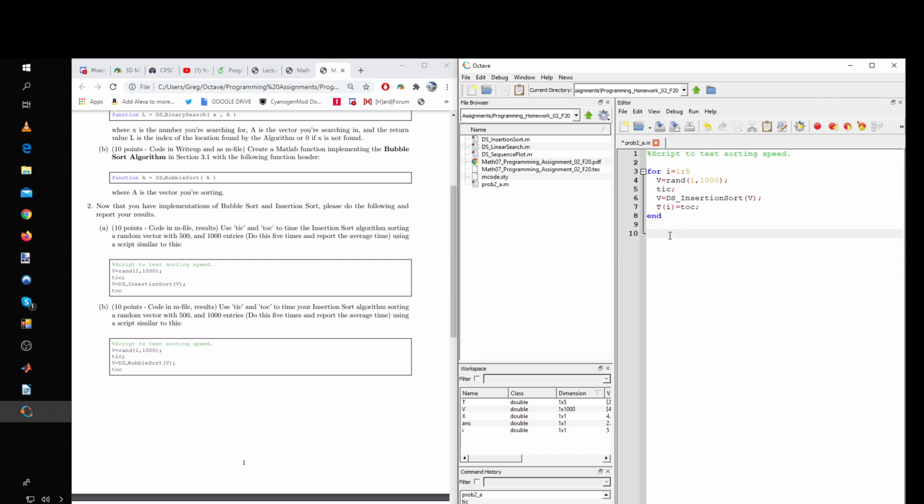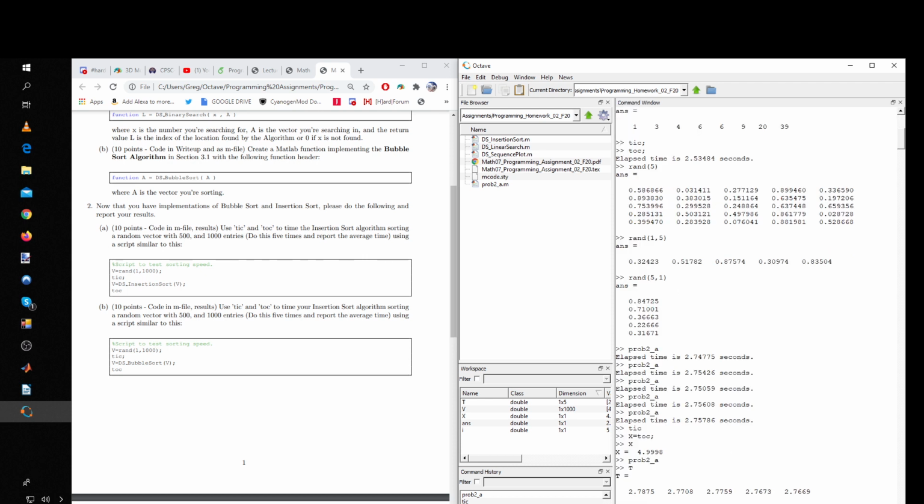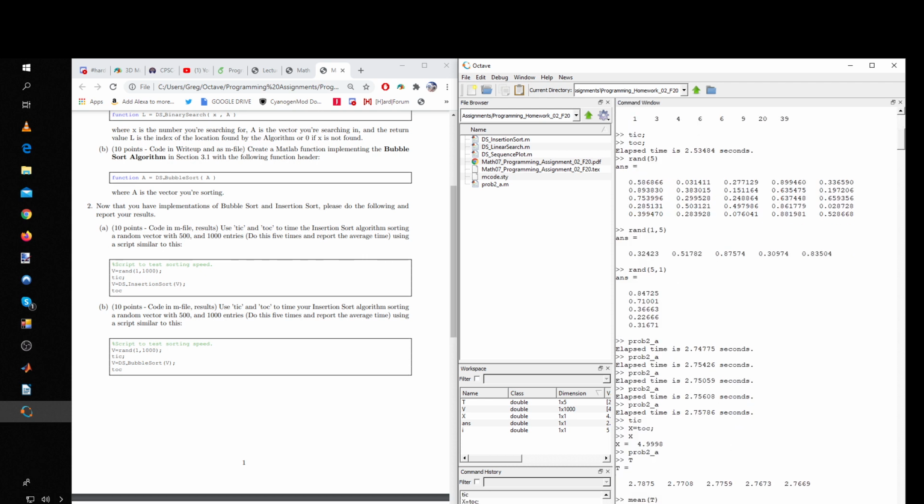And then at the end, you could do like printf "average time is %d seconds," \n in there, comma, mean t. Save it. Now if I run my script,